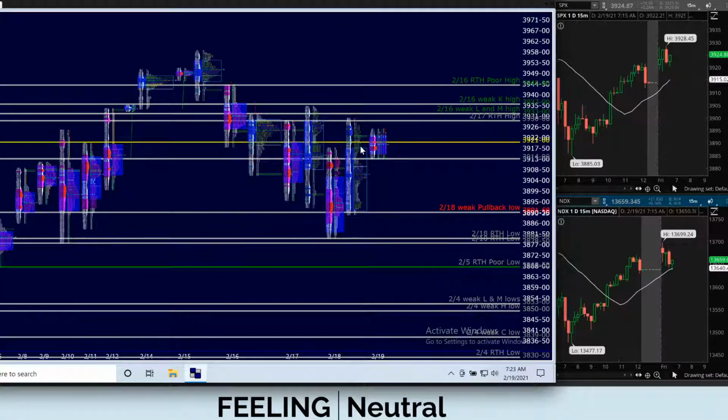Yeah, I would just say the same thing I said earlier today. They had their chance. If they were going to go repair this poor low, which is at 3869.6875, if they were going to go repair that, yesterday was the day, or last night. This to me, just because it's so exactly at the bottom of the previous value area, or balance area, I'm sorry, that's the support. That's the market saying, okay, we're done going down. Let's try going up for a while.